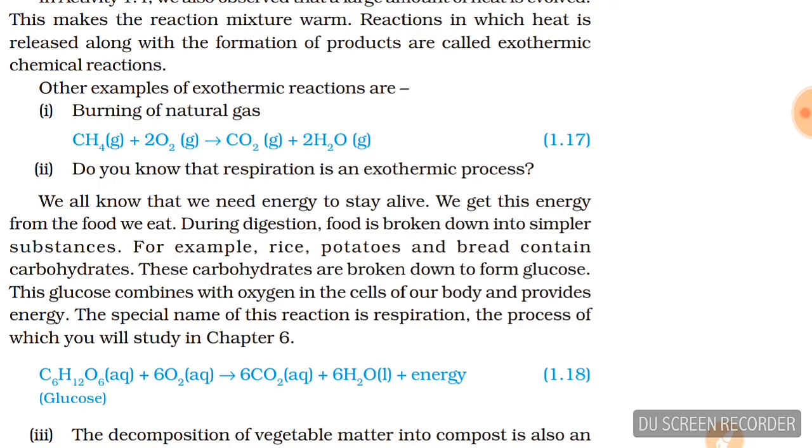Decomposition reaction में क्या होता है? आपकी एनर्जी का यूज़ होता है, when the energy is used, when the energy is absorbed, then it is endothermic reaction. तो इन दोनों में बेसिकली डिफरेंस क्या है? कॉम्बिनेशन रिएक्शन एक एक्सोथर्मिक रिएक्शन है, वैसे ही उसका जस्ट रिवर्स जो डिकम्पोजिशन रिएक्शन है वो एक एंडोथर्मिक रिएक्शन है।